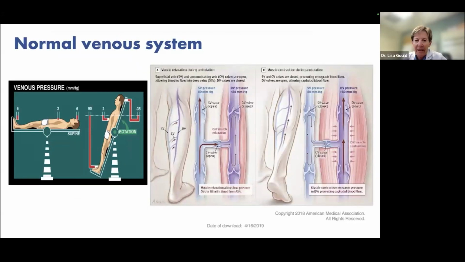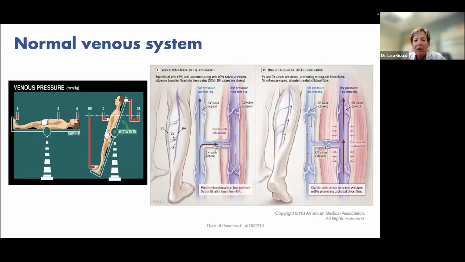So this illustrates what the normal venous system is like. In most of us, when we're supine, the pressure at our ankle is 6, but when we're standing, the pressure at the ankle is 90. So you can see why we might get venous insufficiency, and those delicate valves in the veins get destroyed if we're on our feet forever, or we get in an accident and get a DVT that disrupts that venous system. The more pressure you have in the ankle, the more it just builds up.